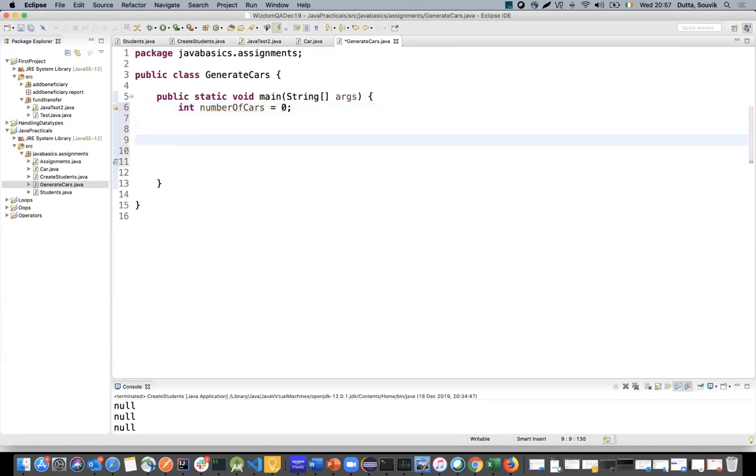Let's create an object, or instance, of Car, and let's name it Volkswagen. So Car Volkswagen = new Car. That's pretty much about it. I just created a reference variable of Car, and then what do I do? I just say this guy dot